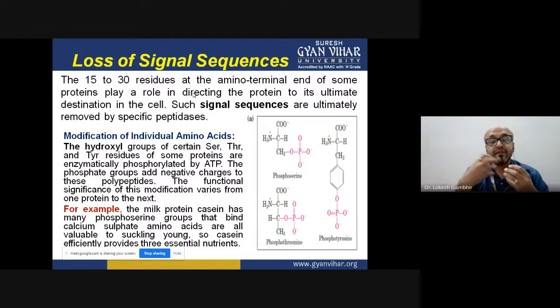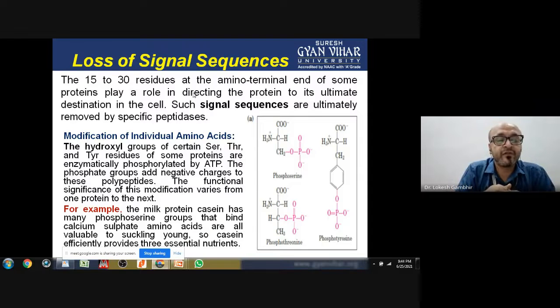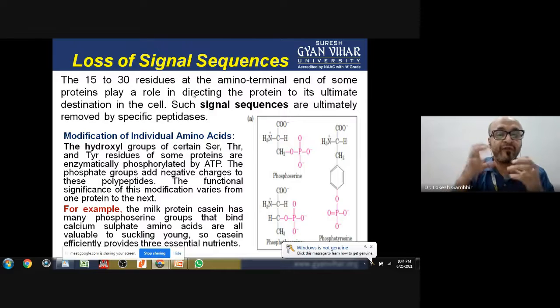Then there are certain cases where there is phosphorylation, because in the majority of pathways enzymes are getting activated by phosphorylation. The signaling pathways are conducted because of the activated and inactivated states. The activated state is the phosphorylated state, whereas the inactivated state is the non-phosphorylated state, whether it is p38 kinase, JNK, or ERK, the phosphate form is always active. Even in the case of glycolysis, when you're talking about phosphofructokinase, the fructokinase is converting into phosphofructokinase. Again, an enzyme is getting converted into an active form by attaching a phosphate group, and that is called phosphorylation.